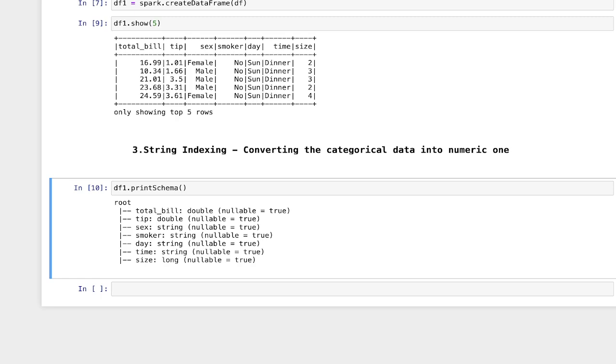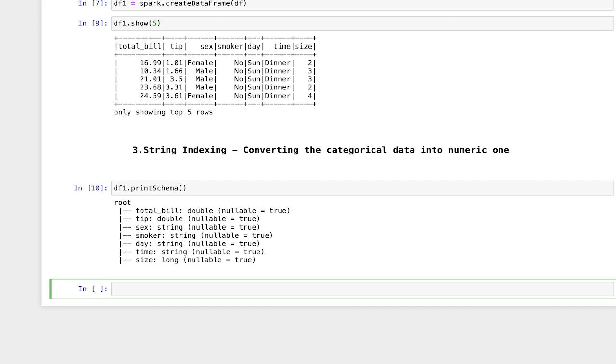But what if you have a very huge data set? In that data set you cannot just go manually identifying your categorical columns. So you have to write a generalized statement, or I can say a generalized code, which can work for any data set irrespective of how many columns it has or irrespective of what its size is, and it can identify the string columns, or you can say categorical columns, automatically.